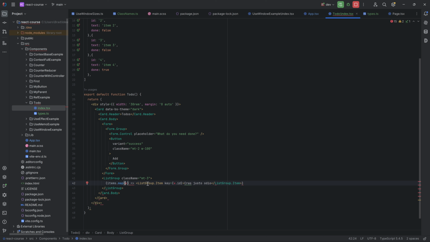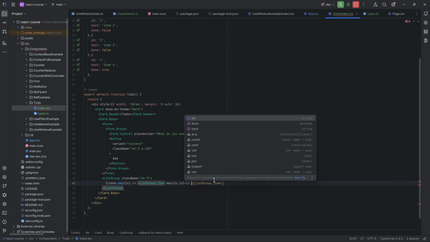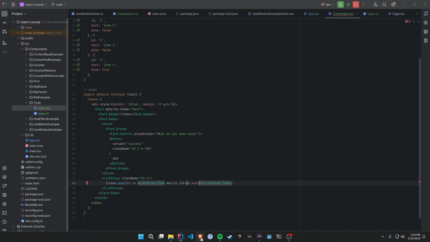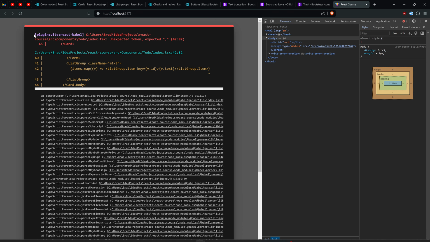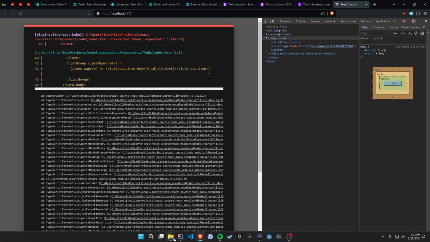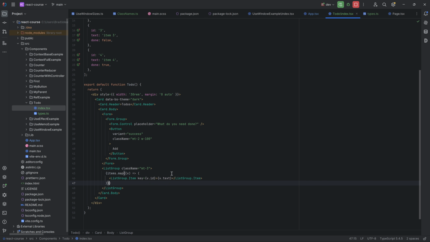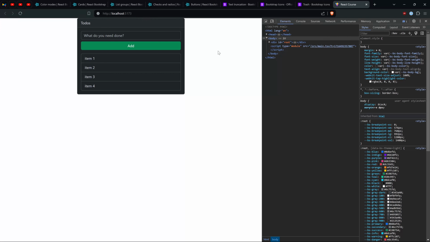Okay, so I screwed up a little something here. I missed a parentheses right there. And then inside of here, we're going to have the v.text. And I'm just going to Control Alt L there to reformat my code, and we can go. Okay, so we're getting an error here where it says we have an unexpected token, and it's pointing to right here. It doesn't like what we've done here, so we've messed something up here. I can see the error here in my editor. Okay, so what we did here is we missed a parentheses here, and this is starting to look pretty good,